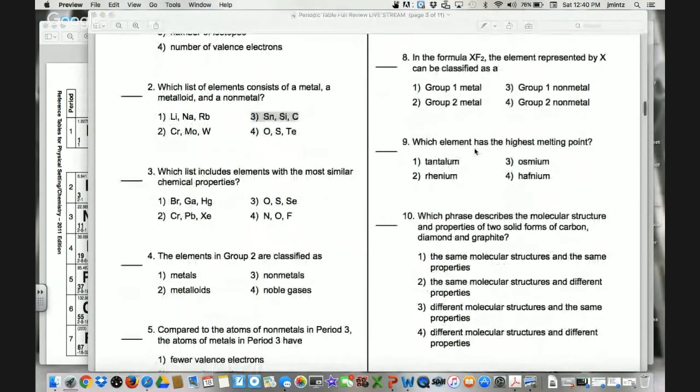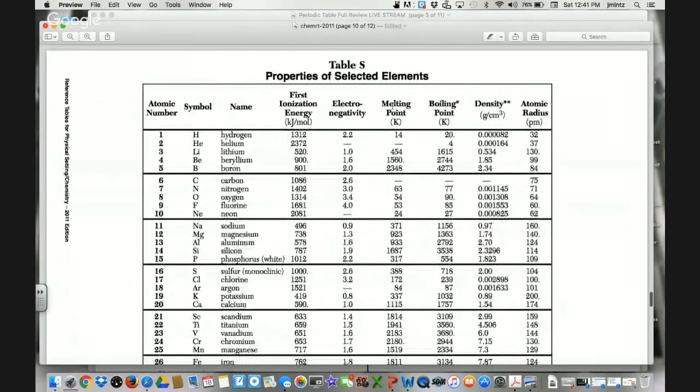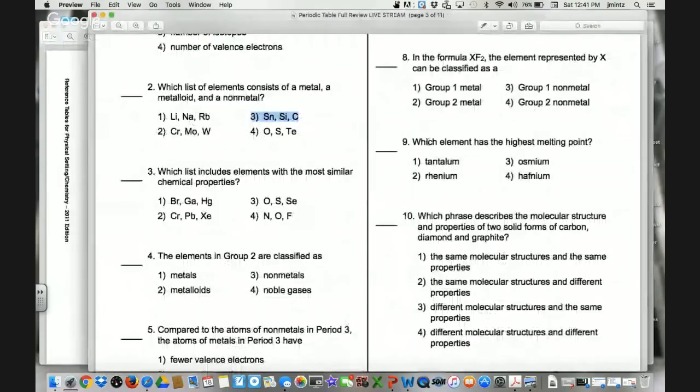Which element has the highest melting point? I know originally there was a question about the trend for melting point and boiling point. I'm going to say not to worry about that trend. Just look them up. But the trend happens to be that as you move to the middle of the table, you have higher melting points and higher boiling points. But I wouldn't worry too much about it. Just look up the numbers. So you can look up each one and figure out which one has the highest melting point. For our purposes, I'm not going to bother. You can look up the answer at the bottom. But you would use Table S, get the melting points of each, look them up,